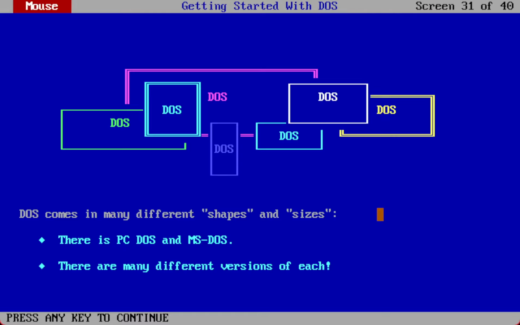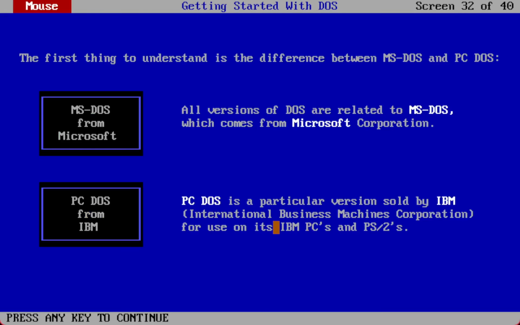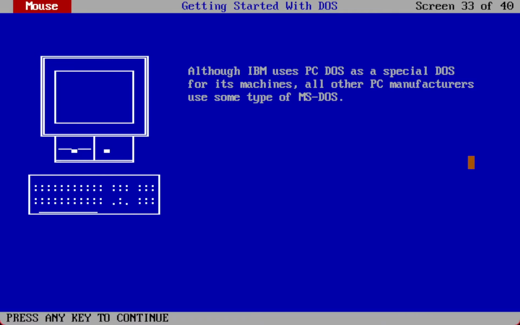DOS comes in many different shapes and sizes. There's PC DOS and MS-DOS. There are many different versions of each. The first thing to understand is the difference between MS-DOS and PC DOS. All versions of DOS are related to MS-DOS, which comes from the Microsoft Corporation. PC DOS is a particular version sold by IBM, International Business Machines Corporation, for use on its IBM PCs and PS/2s. Although IBM uses PC DOS as a special DOS for its machines, all other PC manufacturers use some type